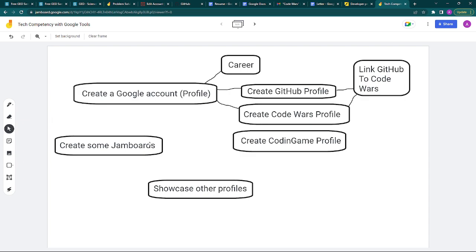I've been doing some of the Minecraft musings today, but no, we're going to focus on tech competency with Google tools. So, got that, and then create these. And then you still kind of want to link these profiles. Let's see, so, and create some Jamboards, showcase other profiles, and that you can also do with,